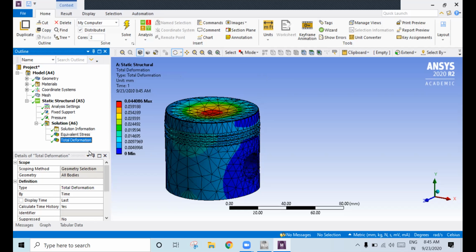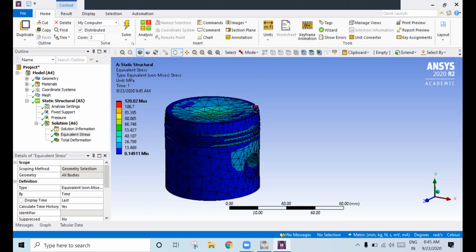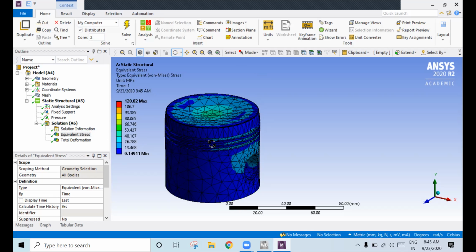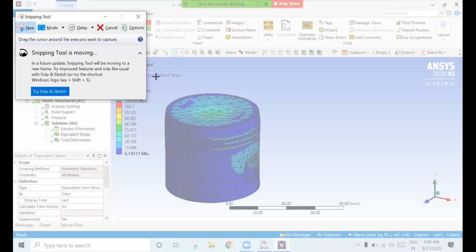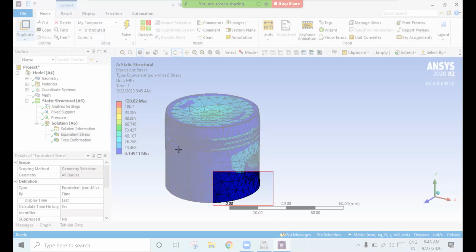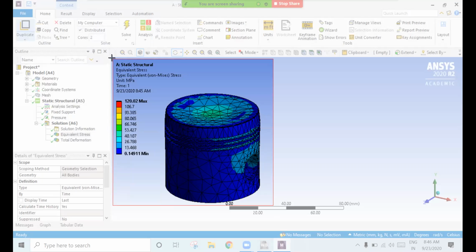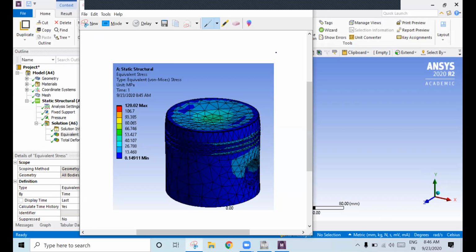So here we have total deformation. So these results you need to put in your reports. So how to put? You have the snipping tool here. So if you have a snipping tool, select the snipping tool and take the screenshot of this. So just click on new. So once you click on this, you just take the proper screenshot and copy and paste it. Okay. So I have sent you the report. So same way you have to